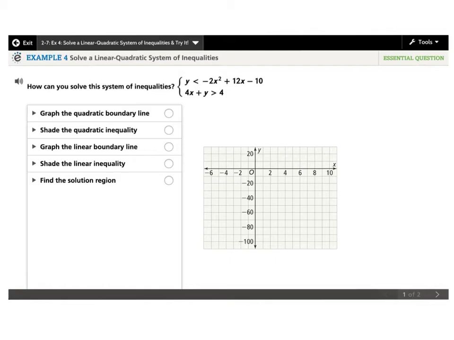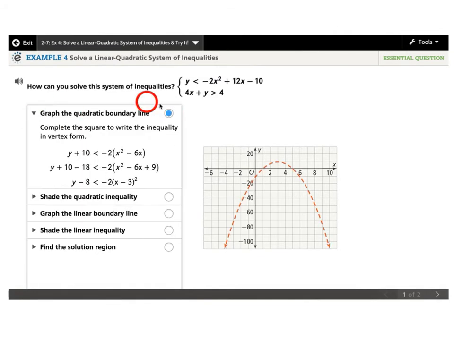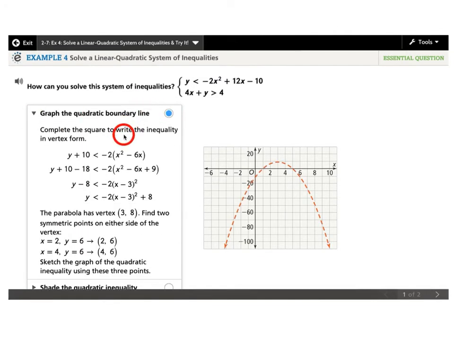Now we're looking at inequalities. How can you solve this system of inequalities? I listed out the steps here. Let's go one at a time. If I use complete the square to solve the first equation, then you're going to have